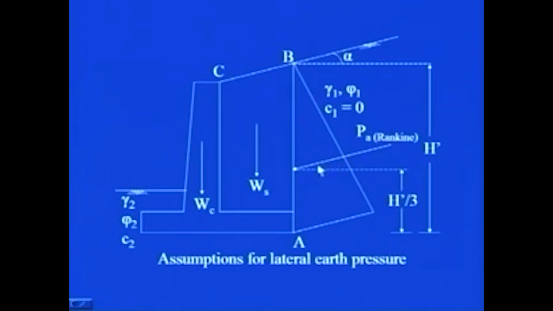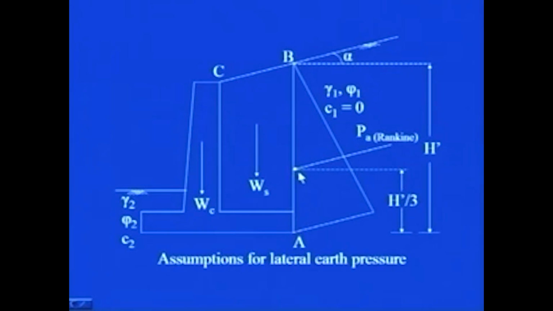It is acting in a direction parallel to this inclined backfill, that is, making an angle alpha with the horizontal, and it will be acting at a distance of h prime by 3 from the bottom